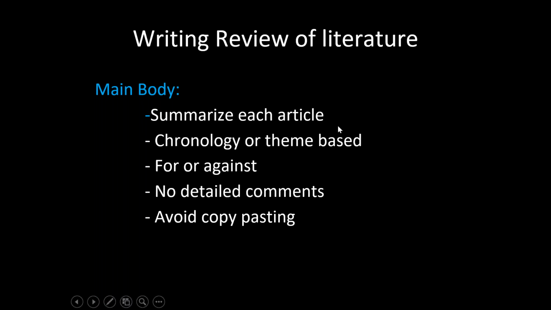So in the summary of each article, I will put those things which directly relate to my research question. It can be chronological, year-wise, from the earlier to the latest study, so a 2019 study will come last. We can also keep it theme-based. I put 4 or 5 headings in the review. One is the risk factors for sphincter injury. One is the role of ultrasound. And then the pelvic floor distress inventory scores and separate studies. So I can put it theme-based, and within each, I can arrange articles in chronological order.